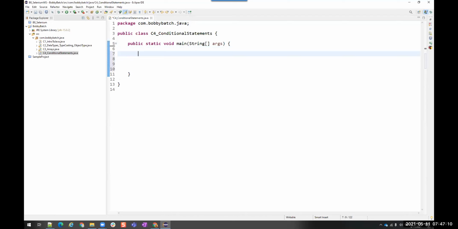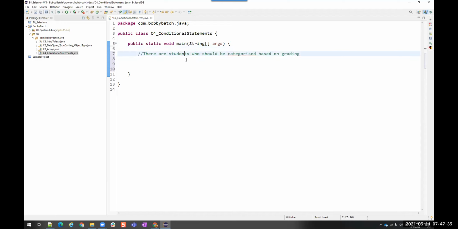Suppose I'll say there are students who should be categorized based on grading.